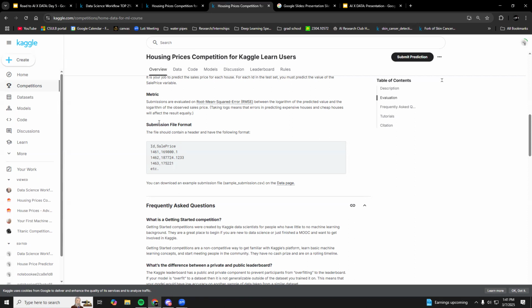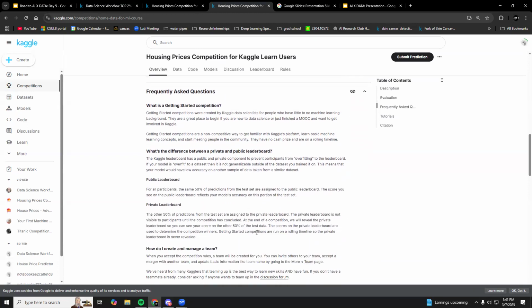We want you to output a column of whatever that prediction category is, and then the IDs associated with the IDs in the test set. Then you submit that as a CSV, and that's how your accuracy is going to be graded. I'm going to show you that in a little more detail in a second.